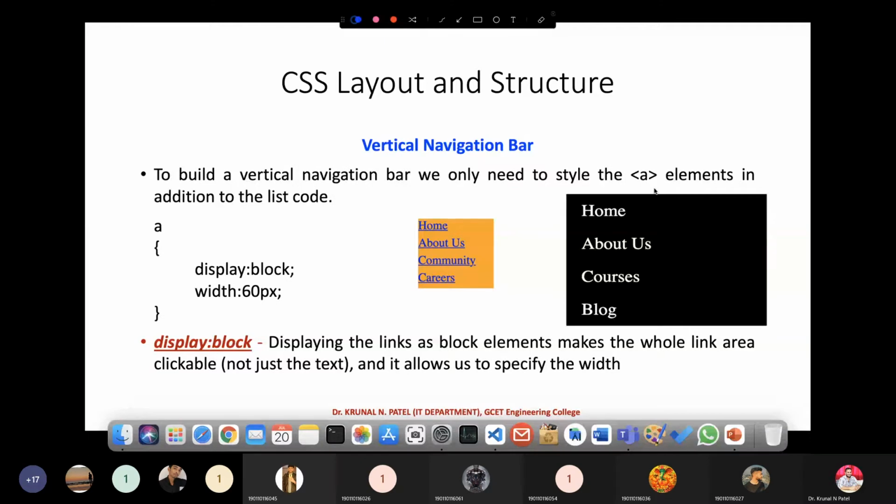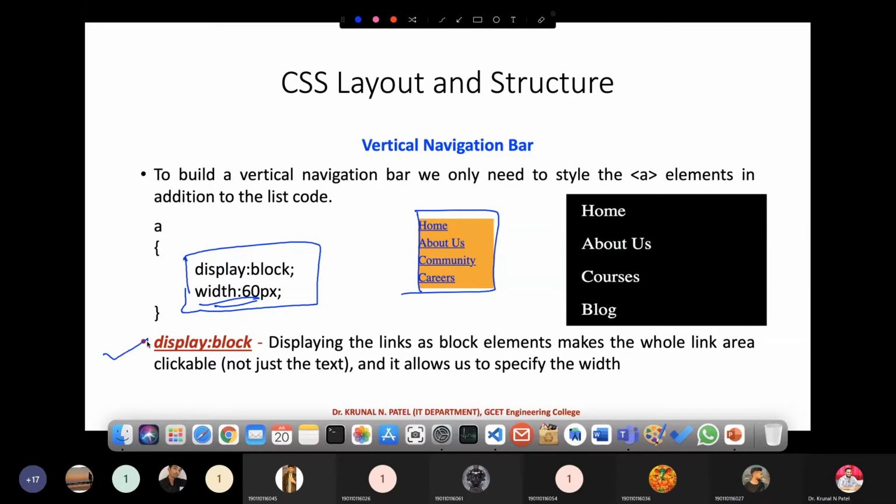So here you have to provide the anchor tag and set the display property as block. So it will display like this. Display property as block and width equal to 60 pixels, right? So display equal to block, you have to remember this property.